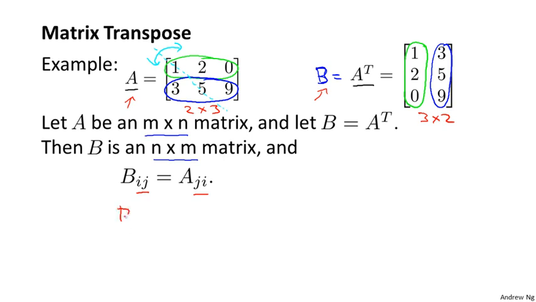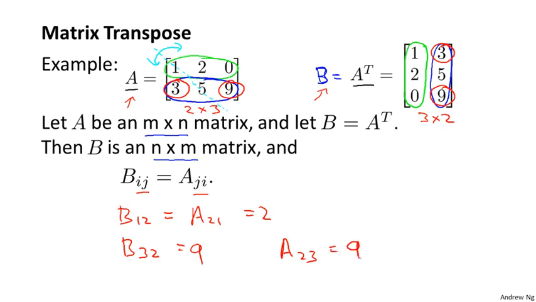So for example, B12, look in this matrix B, is going to be equal to this element 3, right? First row, second column. And that's equal to A21, second row, first column, which is equal to 3. And as another example, B32, that's this element 9. And that's equal to A23, which is this element up here, 9. And so that wraps up the definition of what it means to take the transpose of a matrix,